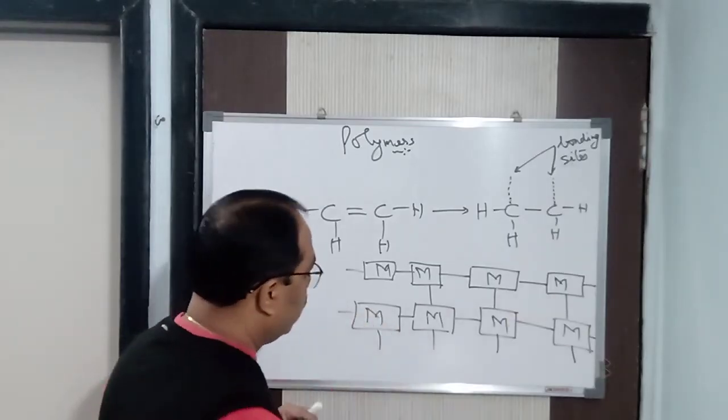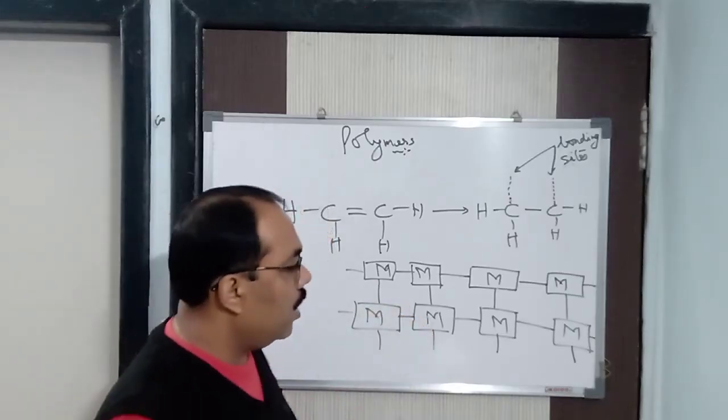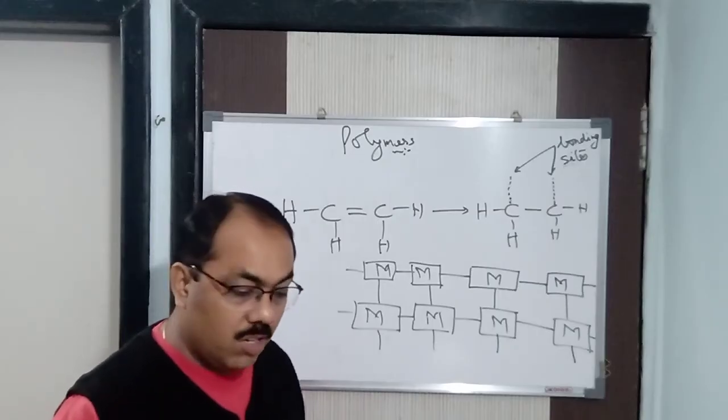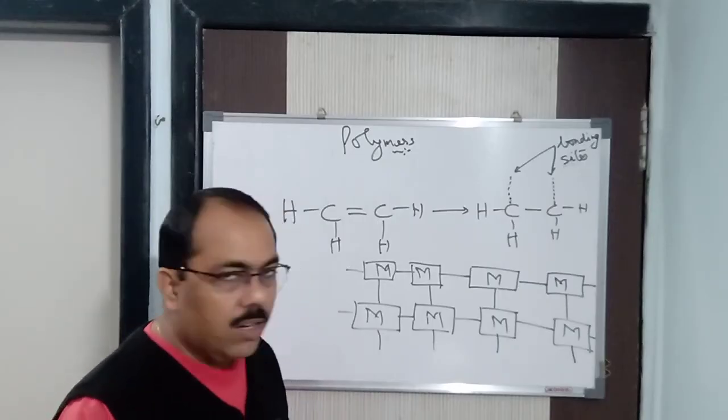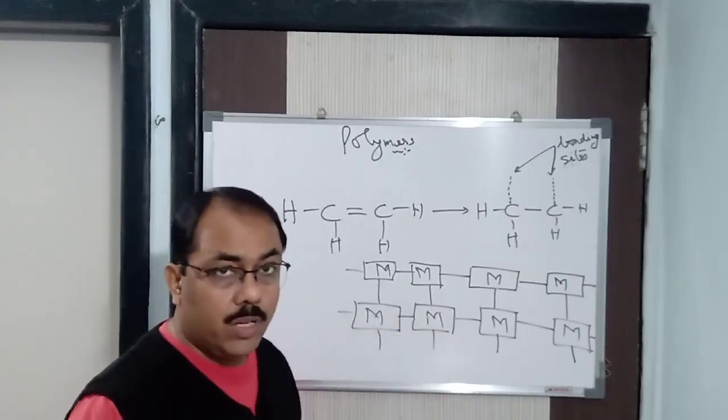Still we can add some more monomers here. Still we can add. So it forms a 3-dimensional network structure in this way, having more than 2 functional groups, that is called polyfunctional sites. Got it? If it has 3 bonding sites, if it has polyfunctional bonding sites, more than 2,